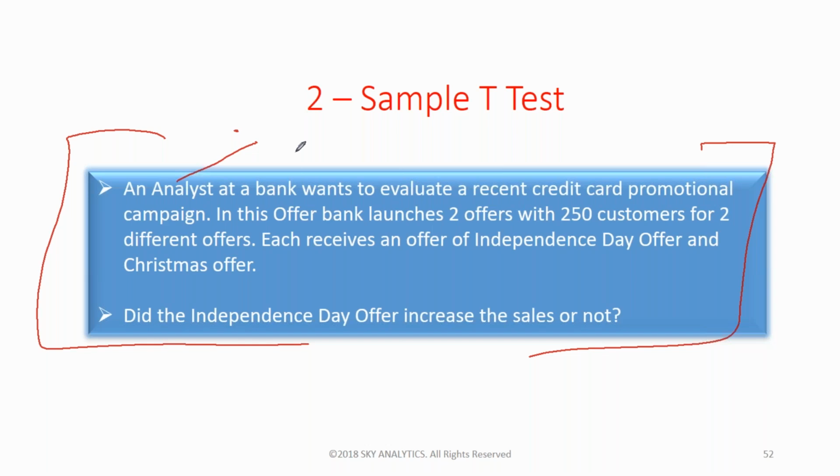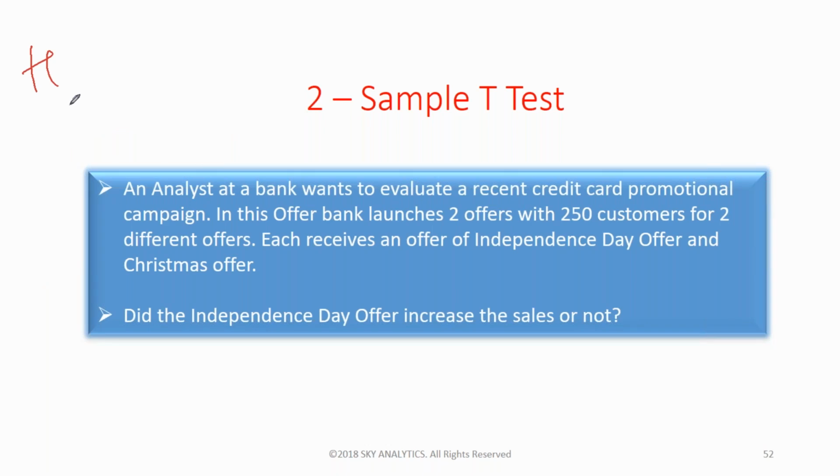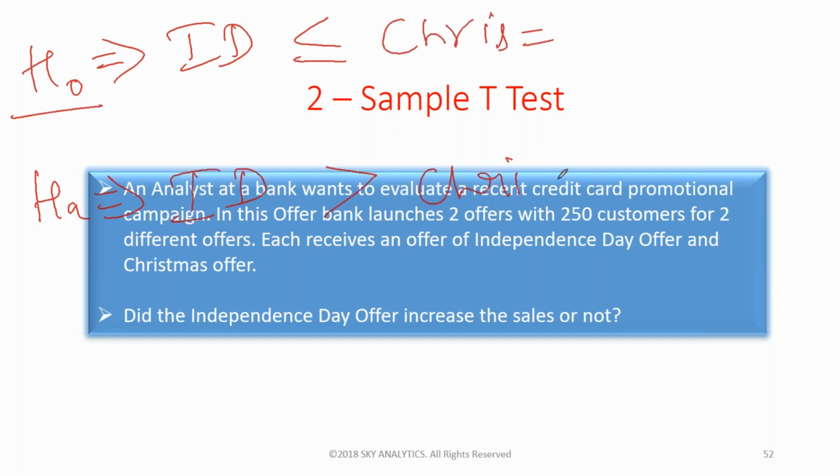Sorry, Yogesh, can you repeat the last one, the Independence Day? After doing the t-test, how do we identify that the Independence Day sale is more than the... Based on that function, we'll come to know the p-value, correct, Yogesh? Yes, based on the t.test, we came to know that p-value. So before testing that, I wrote this, right. Please concentrate. H0 and HA, what did I write here? Independence Day sales is less than or equal to Christmas. This is H0. Independence Day sales is greater than Christmas. Right? Yes.